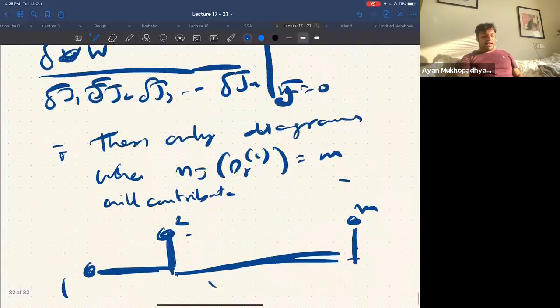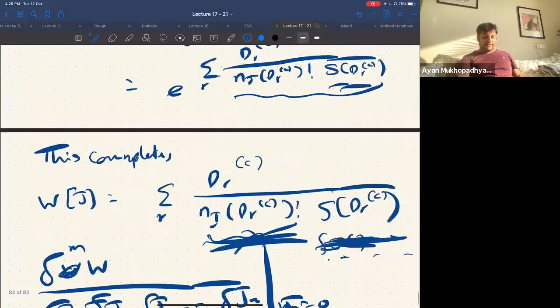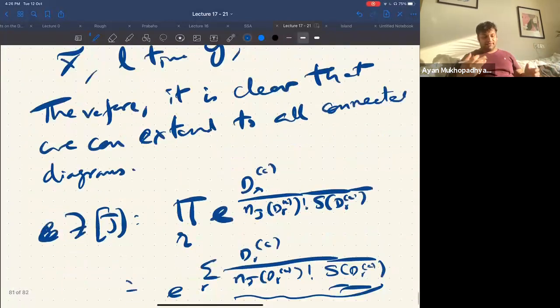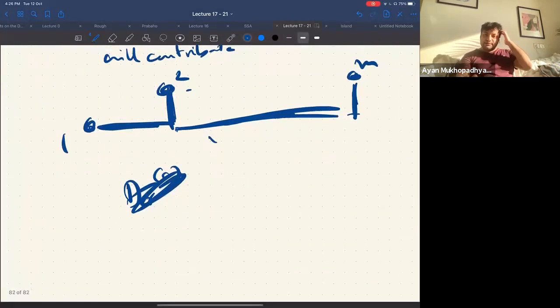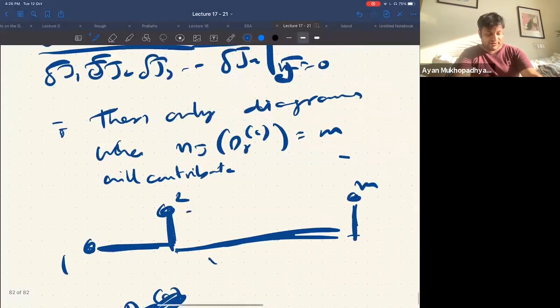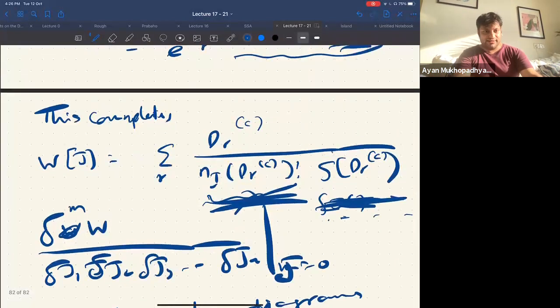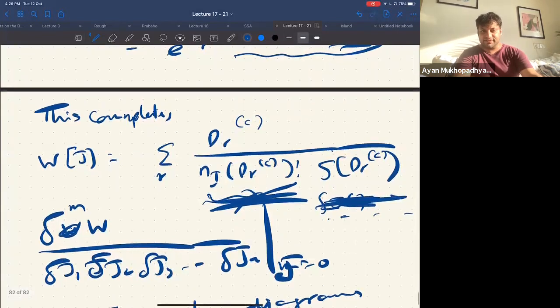So that's the way things work. This is a diagrammatic proof of it. But why did we do this? Why are we interested in W of J? That's the question. W of J is a way we can access this interesting quantity that we are talking about, the 1PI effective action. But before I get there, is there any question about why W of J is a different